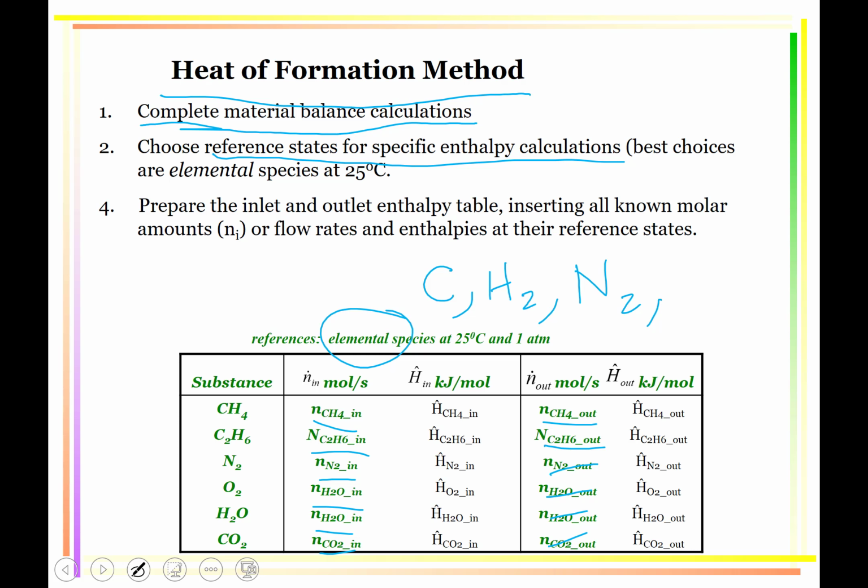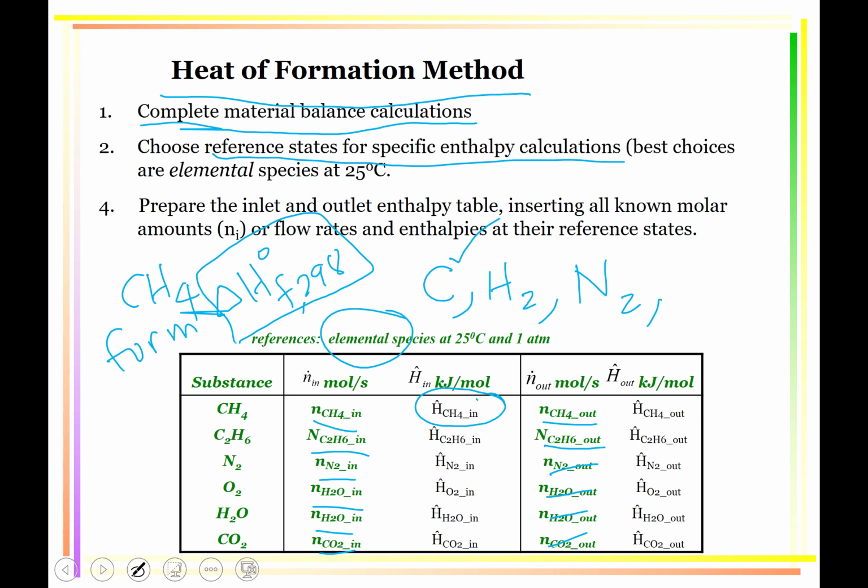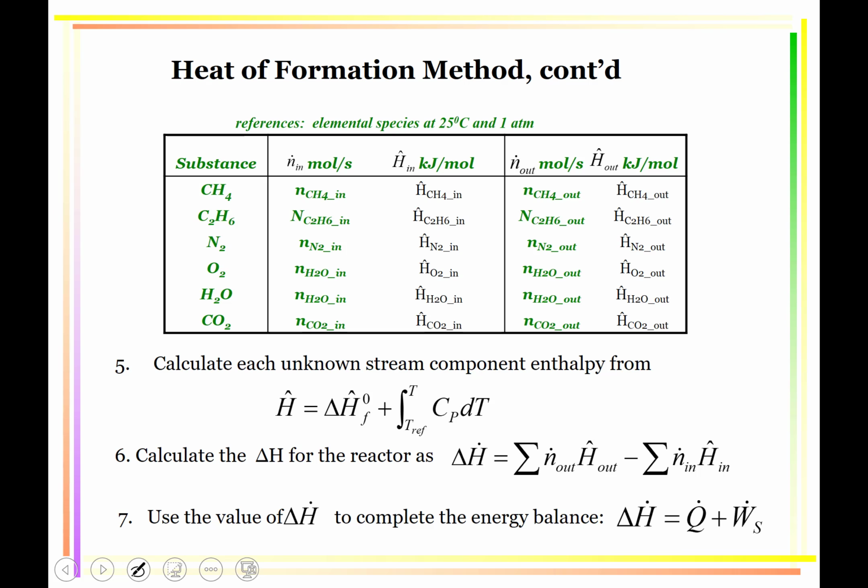Now we are going to have here the enthalpies starting from the elements. So if you have a species like CH4 and your reference state is the elements, first you need to form the molecule of CH4. And how do we do that? What kind of enthalpy are we going to use? We're going to use the heat of formation at 298, and we're going to add that value to the integral of Cp dT. So how do we do that? Here we go. The heat of formation of the species plus the integral from T-ref, which is 25 degrees C,